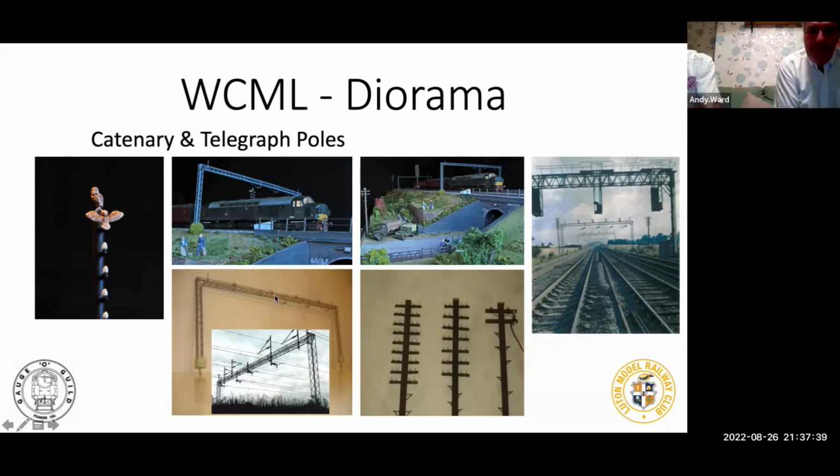And we added this every time we erected the diorama. We would add the catenary and all the telegraph poles. And even things like the detail of the telegraph poles. I built the catenary, but Les Sims did all the telegraph poles. We even had to go and count the cross arms to make sure we got the right ones. So a site visit is absolutely vital on these things, even when we're having to work from photographs, just to get the positionings right. So even though there's only 2 catenary masts, there were actually 8 telegraph poles, and we added a few smaller